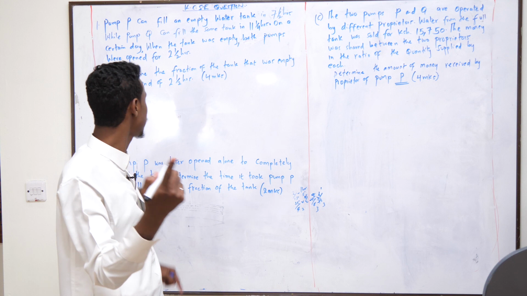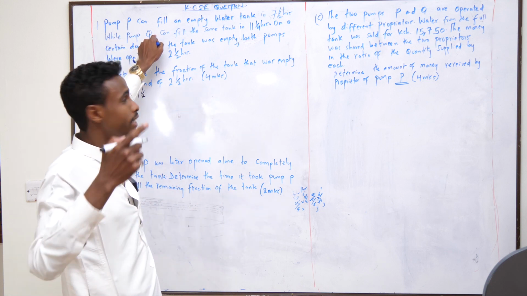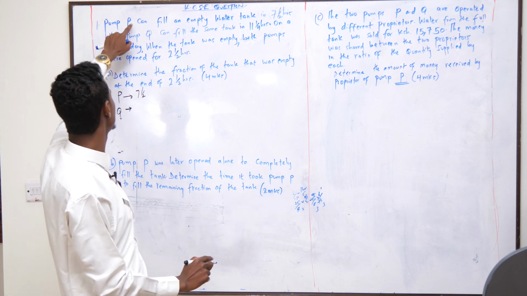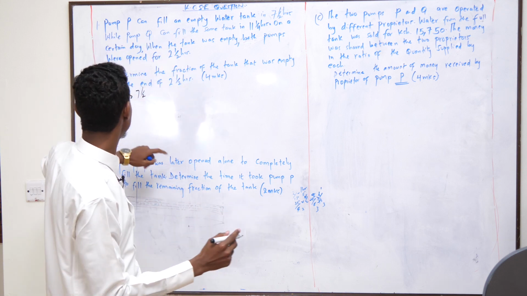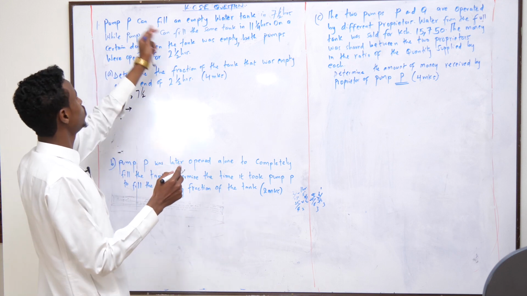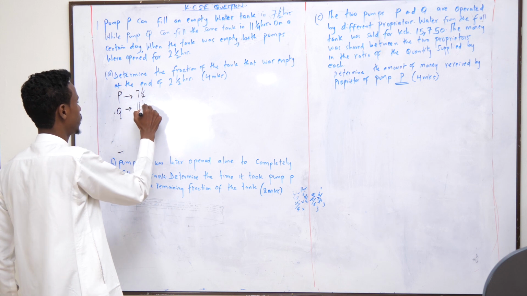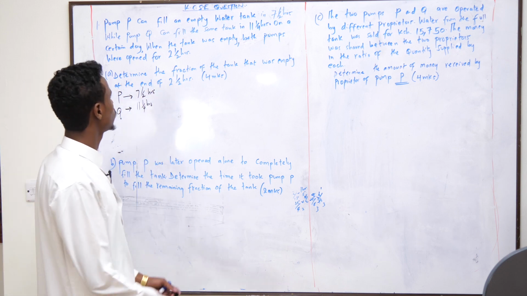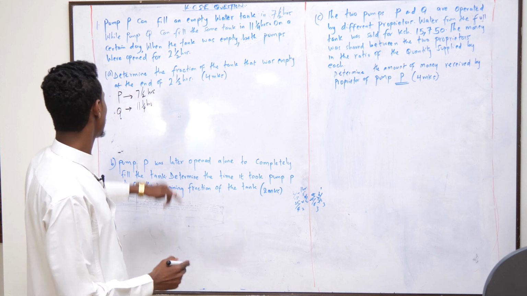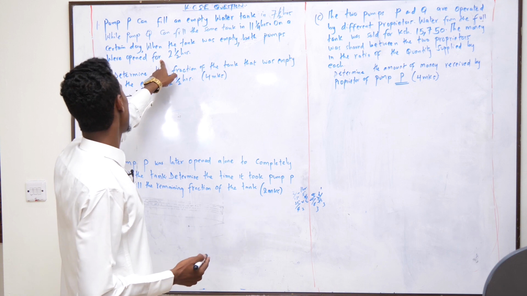The tank is only one that can be filled by pump P and can also be filled by pump Q. But the number of hours taken by pump P to fill the tank and the number of hours taken by pump Q to fill the tank are different. Therefore, pump P will take 7.5 hours, while pump Q will take 11.25 hours. Now, the two pumps were open for 2.5 hours, after which they were